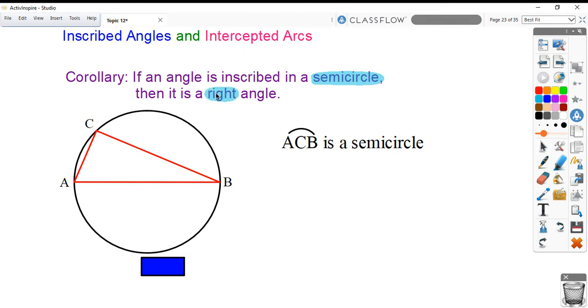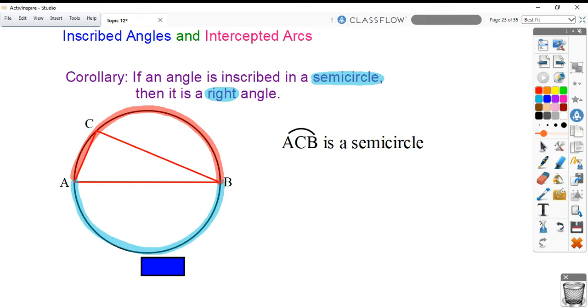I want you to think for a second about why that makes sense. When we think about a semicircle, I'm going to highlight right here, going from A around to B. It is a semicircle. In a different color, I highlight this. Both the top and bottom parts of that circle are half of the circle, right? That is a semicircle. So when you have an angle up here, angle ACB, well, you think about that theorem